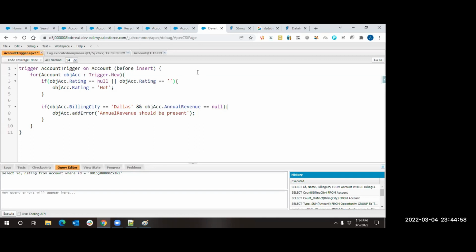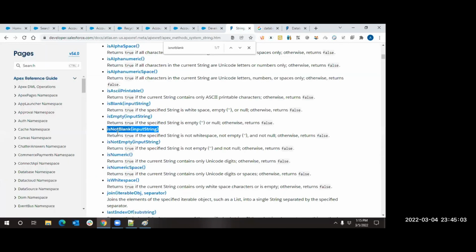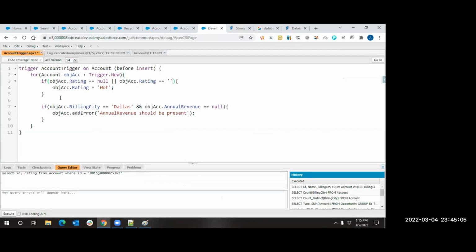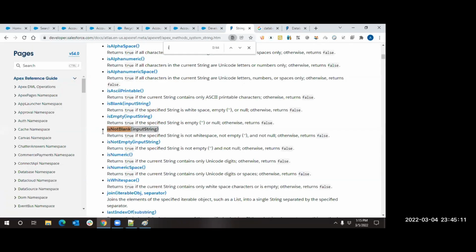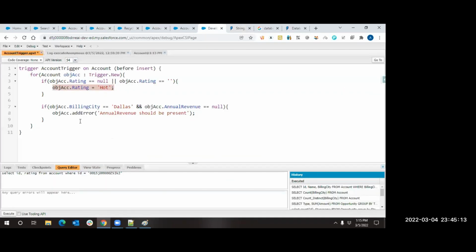So rather than writing all this, you don't take all the headache. You just make use of this specific method called not blank or blank. For my requirement, I want this to happen if it is blank. So for this, I have a method called blank. So just use this is blank. Okay. How to use this? Just say is blank and provide the